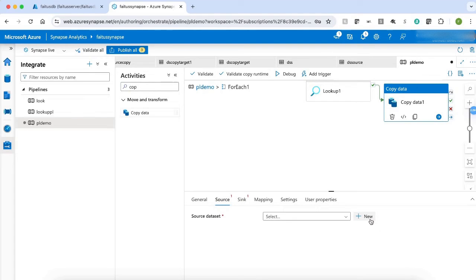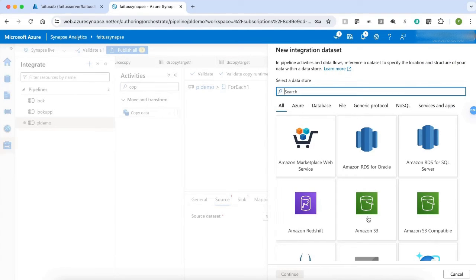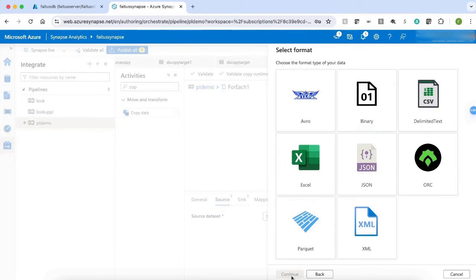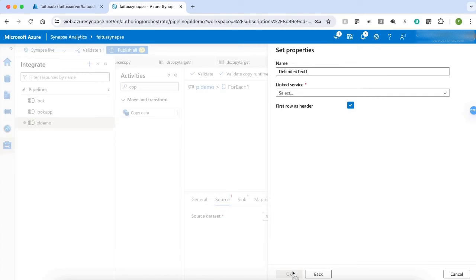Let me click New. My source data is in Azure Blob Storage and click OK. They are CSV files. Let me click Continue and name my data set as DES source